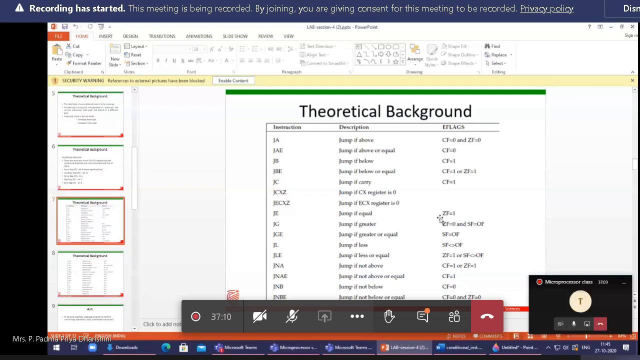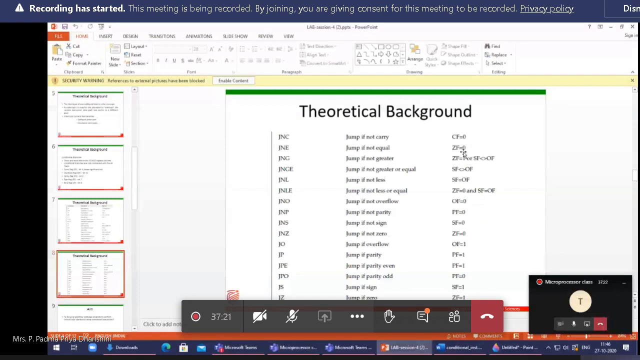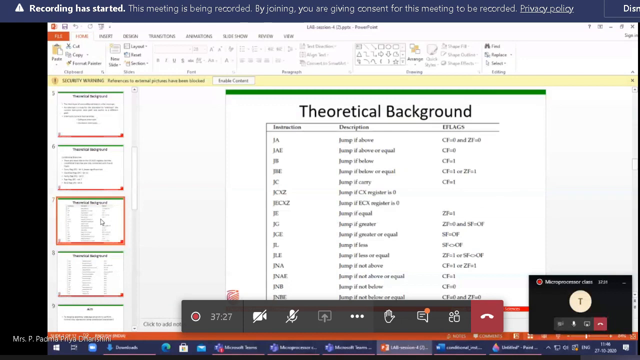So opposite to jump equal is jump not equal. This will be performed when the source value is not equal to the destination value. First we will discuss jump equal and then jump not equal. When both concepts are clear, then we will discuss the meaning of jump above or equal to,